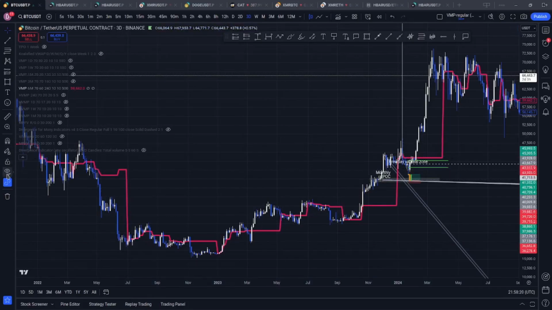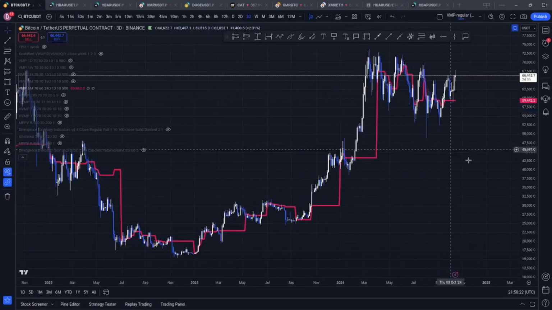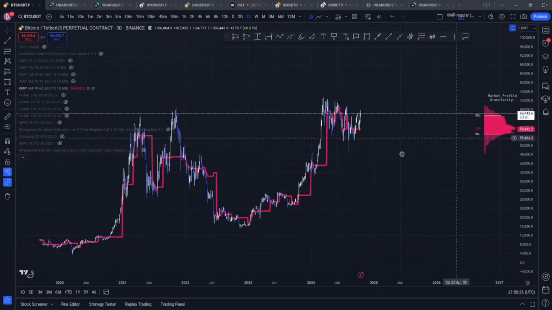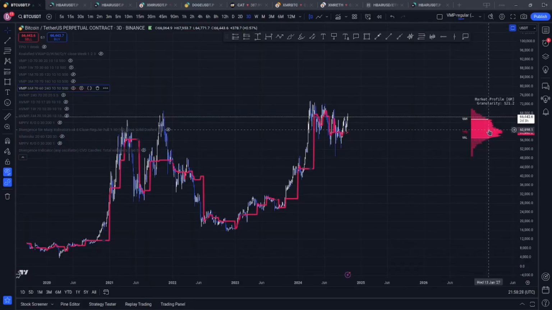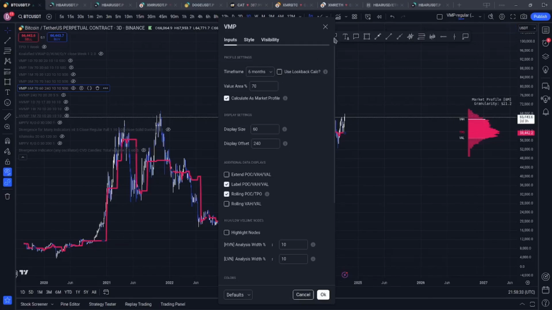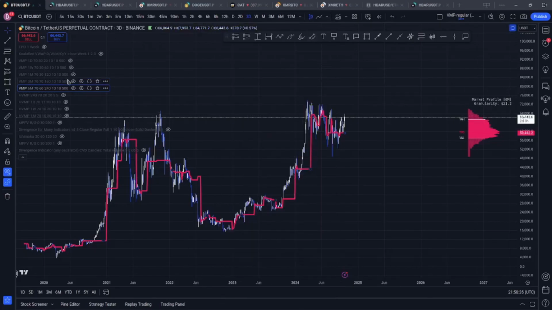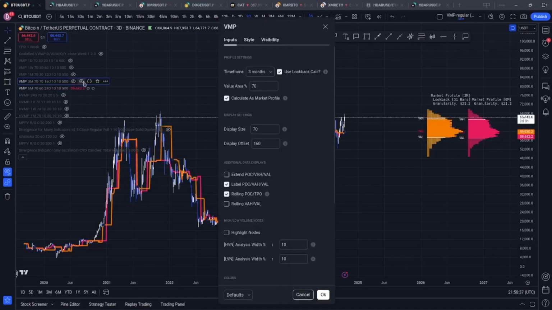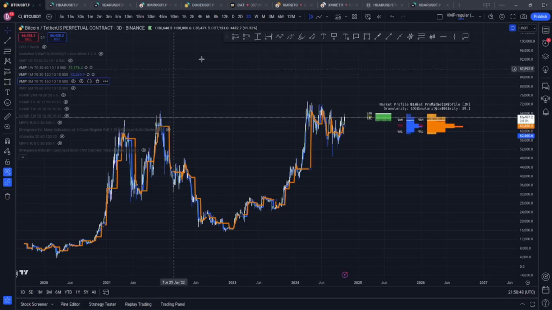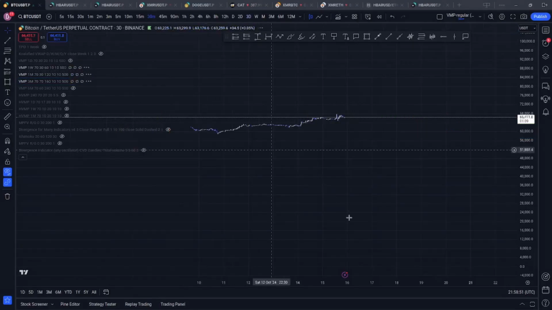Delete that, and so that was the 6-month, and you do have the option to, I think, have it on the side here. Like I said, I color coded them. This is the 6-month one, and what I like to do is have the 6-month, the 3-month. Let's look back. I don't always have the 6-month one just because it takes a long time to load on lower time frames. So I do 3-month, 1 month, and weekly, and if I go down to, let's say, the 30-minute time frame,